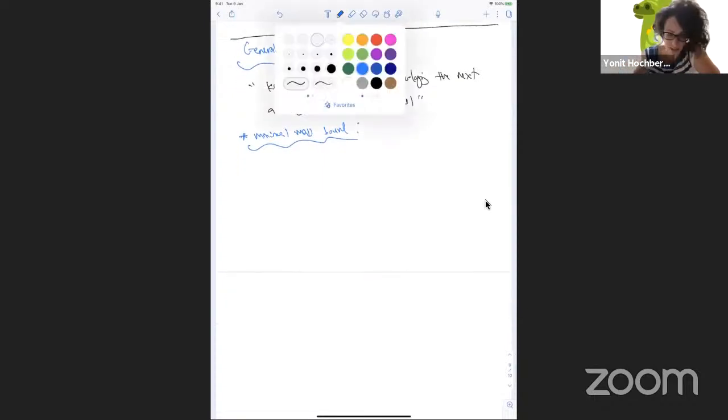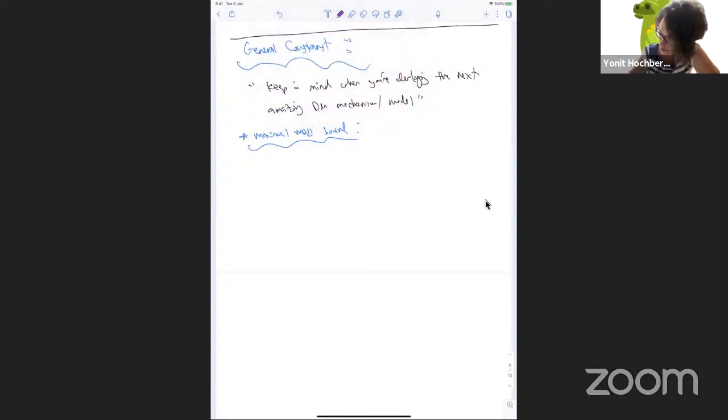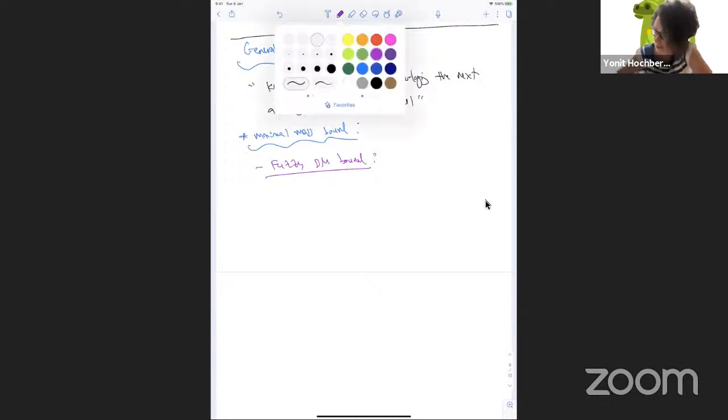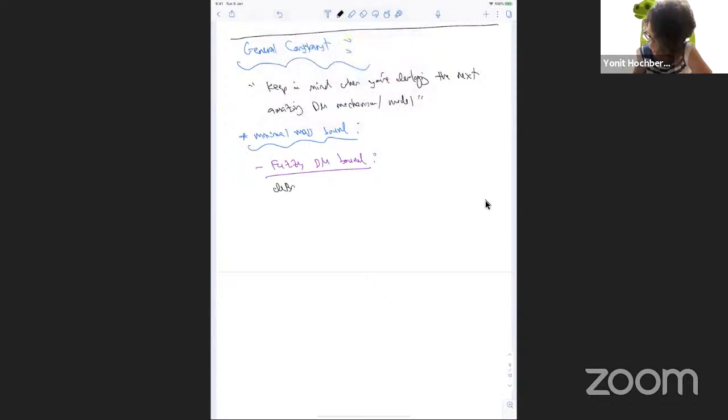So the first one is going to be the fuzzy dark matter bound. Okay, so the fuzzy dark matter bound is just the statement that the de Broglie wavelength of our dark matter has to fit inside the dark matter halos that we're observing. So the de Broglie wavelength has to be smaller than the size of galaxies,